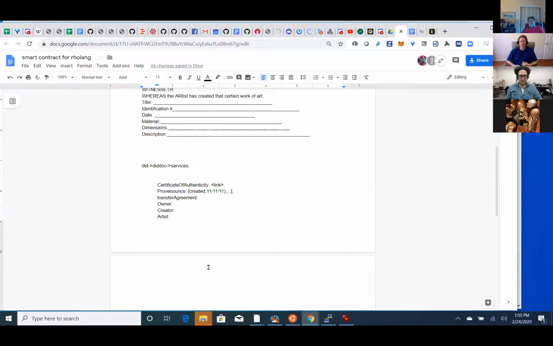That is going to be determined by the contracts associated with the object. Really everything is controlled by the contracts. Yes.